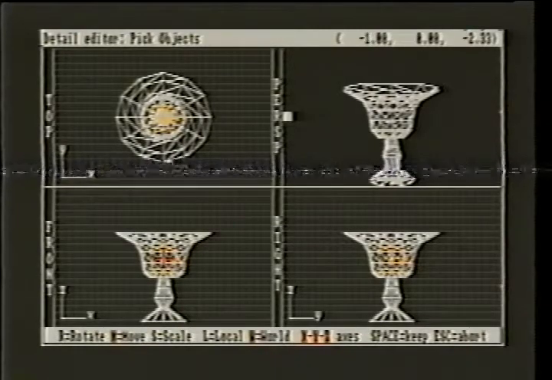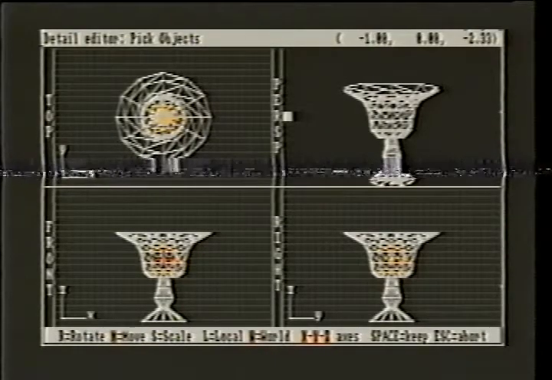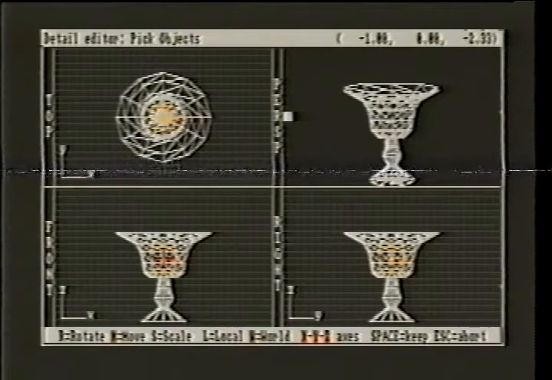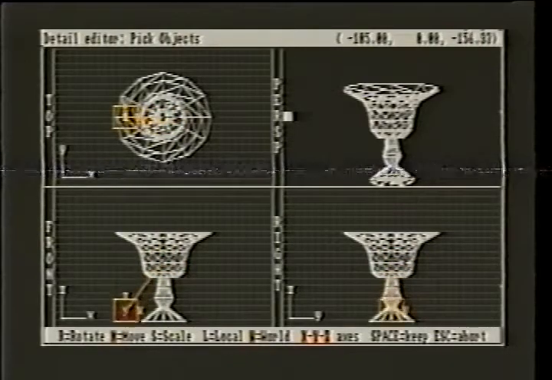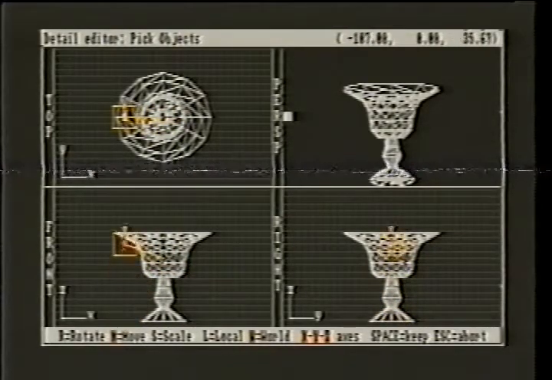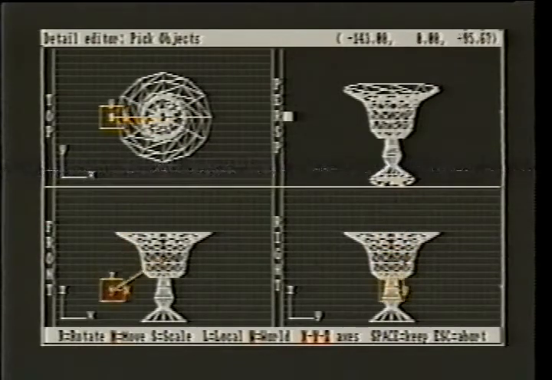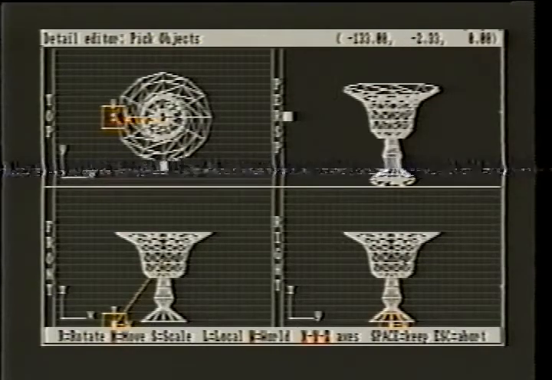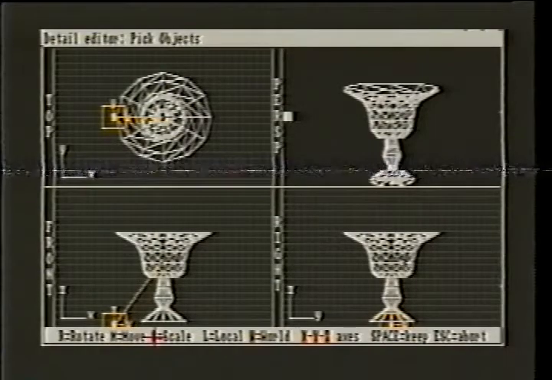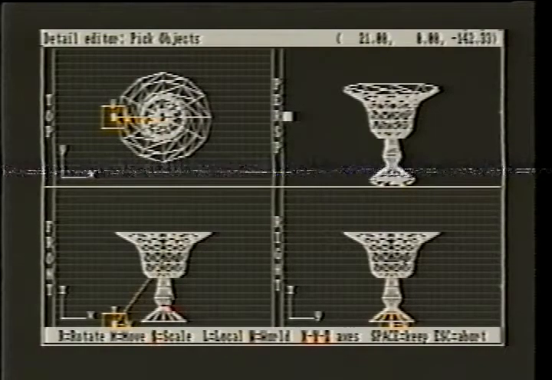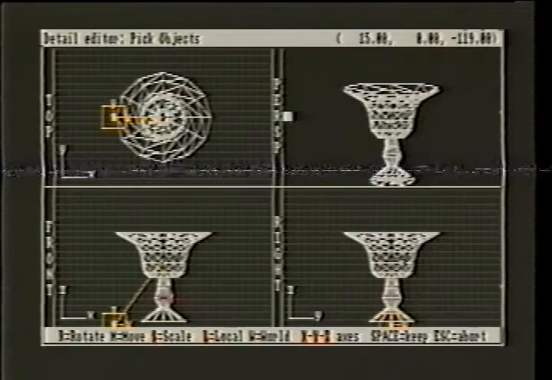Notice that the texture axis is different from the object axis. By selecting M for move and pressing and holding the left mouse button, we can drag this axis anywhere into the screen. This axis needs to cover the entire object, so we'll select S for scale, L for local, and all